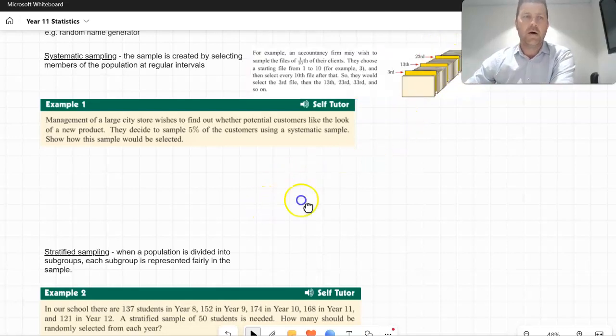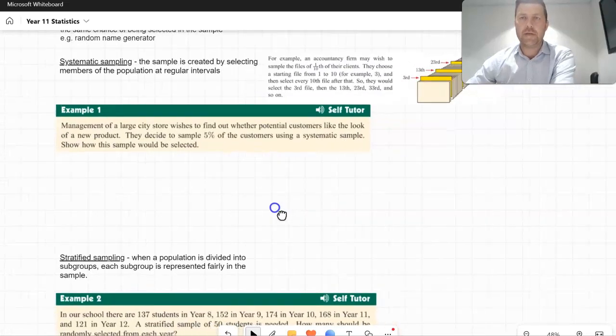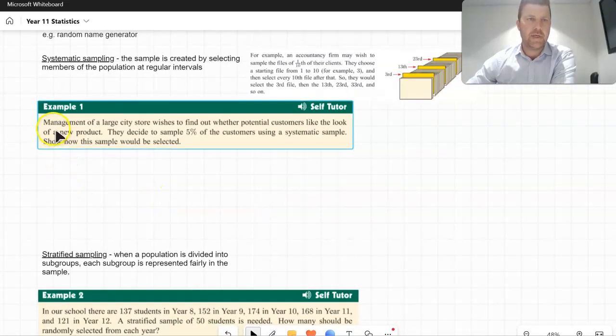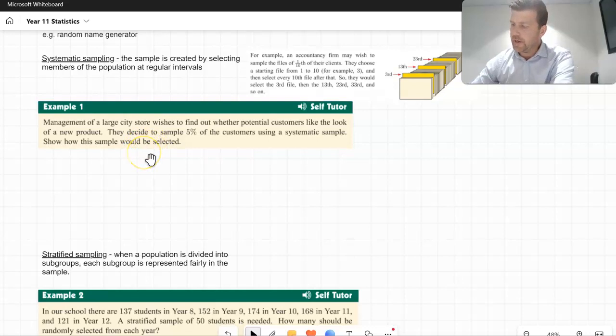Okay. Now I'm going to go through an example and show you how that would look in this context. So example 1 here, management of a large city store wishes to find out whether the potential customers like the look of a new product. They decide to sample 5% of customers using a systematic sample. Show how this sample would be selected. So, because we're looking at